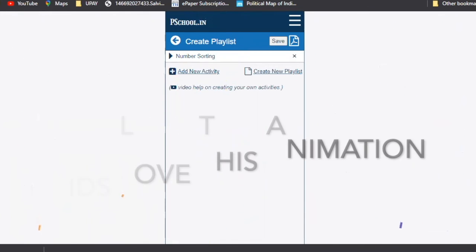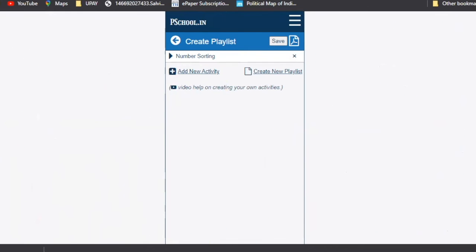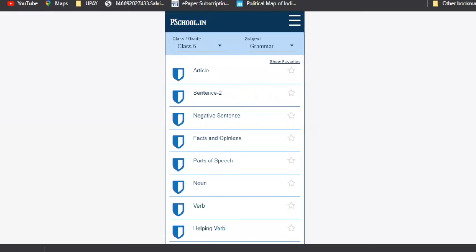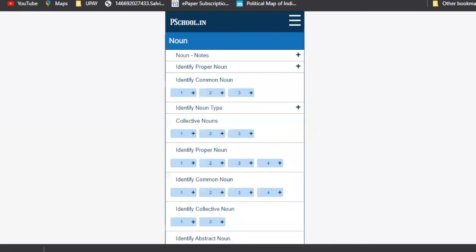Now, one we have created by using the template, but we entered the material which was created by us. Another option you have is to go to all playlists and quickly add something which already exists. You can see all these add buttons.